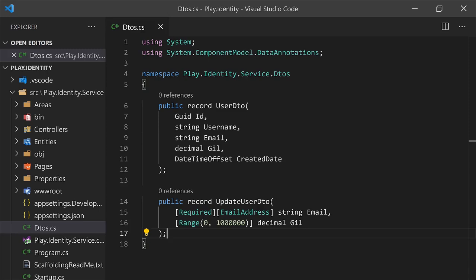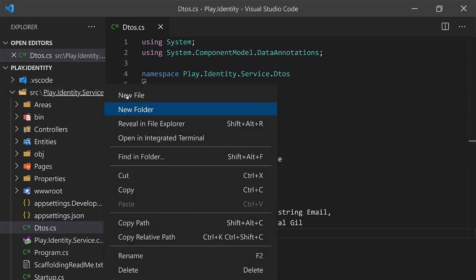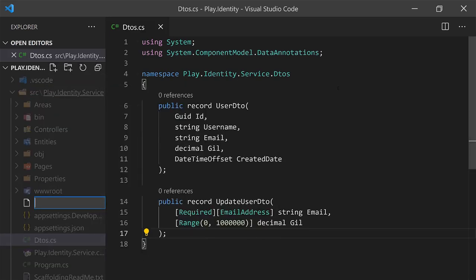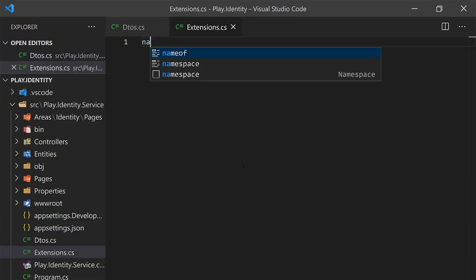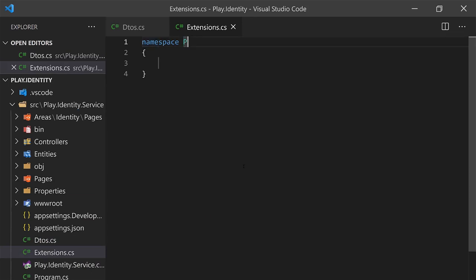And just like we have done in other microservices, we're going to create also an extensions class that can map from our application user entity into our user DTO for the purpose of using them in our GET REST API operations. So I'm going to right click over here, Play Identity Service again, right click, new file, and let's name it extensions.cs, and let's give it a namespace. It's going to be Play.Identity.Service,